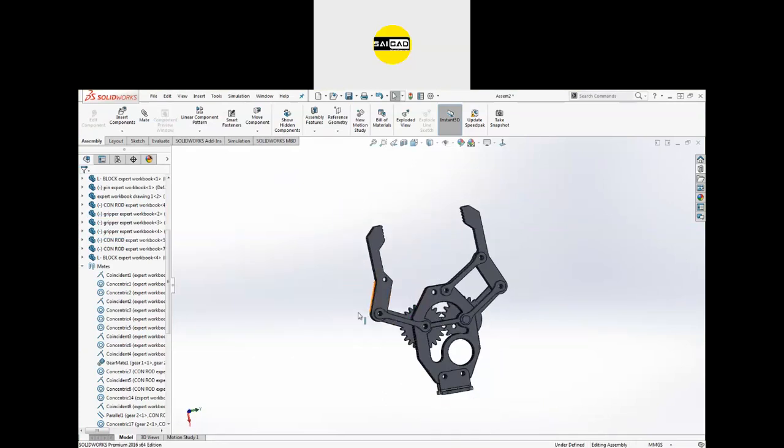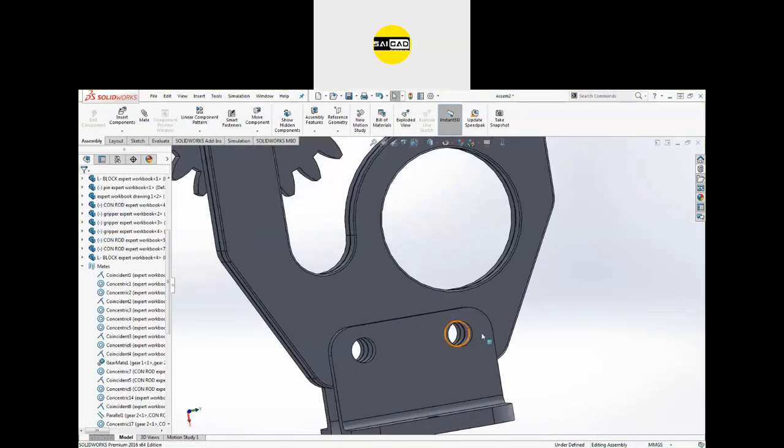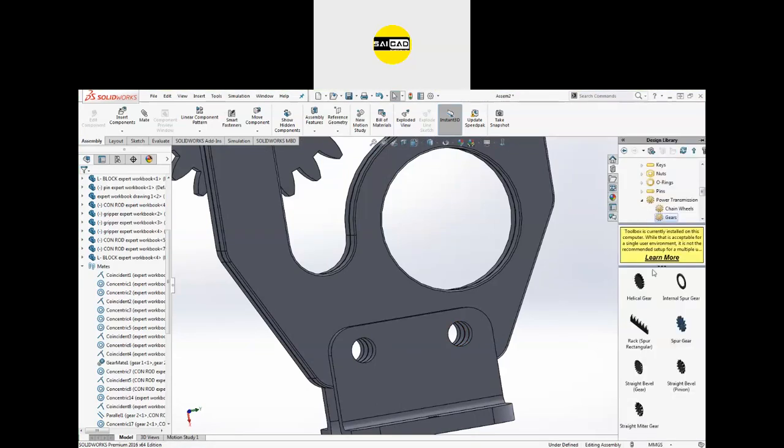Okay, so here we have a type, that is we have to use here this hexagon nut style 1. So we have to import that again from library, go to the bolt and screw. We need that to be hexagon nut style.